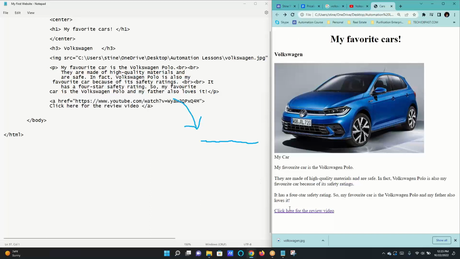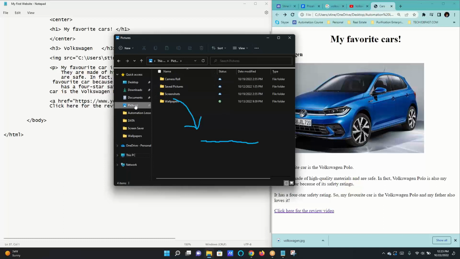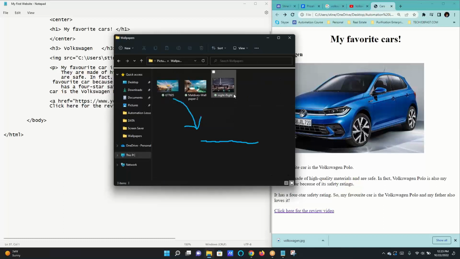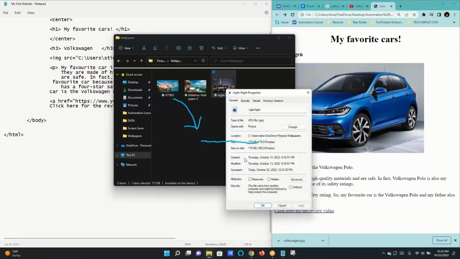Okay. What if I have a file in a separate folder? Let me see if I have a file. Pictures, wallpaper. I have this wallpaper. So what if I wanted this one? If I put the name of this one, it's not going to work, because I have to take the entire file path. So if I go in properties, copy this,